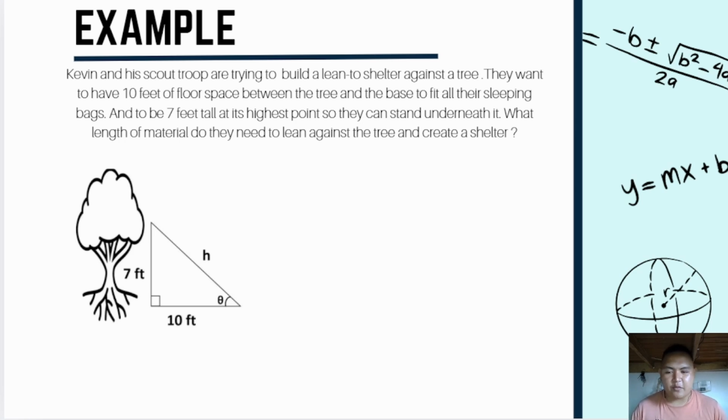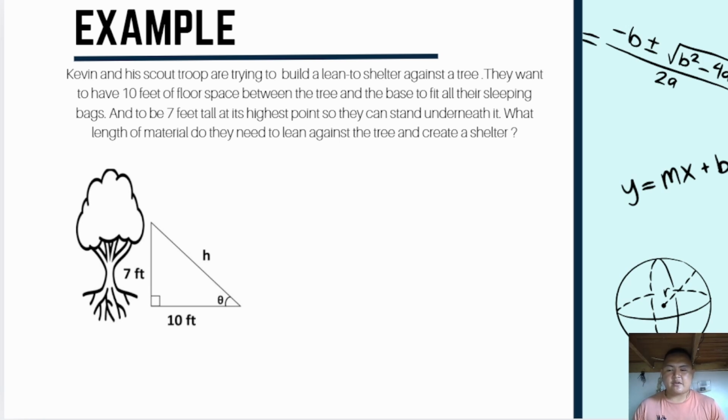So the first step that we are going to do is to draw out a simple graphic to represent the word problem, making sure to include the right triangle. The second step is to label the sides and the angles of the right triangle that were given in the word problem, and identify what piece of missing information we hope to find. So the third step is we need to solve. We need to find the length of the side h given the length of the other two sides.